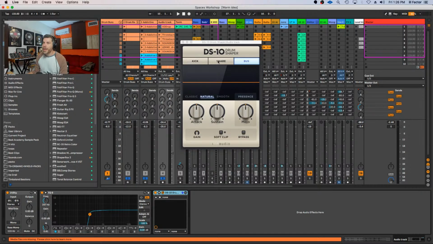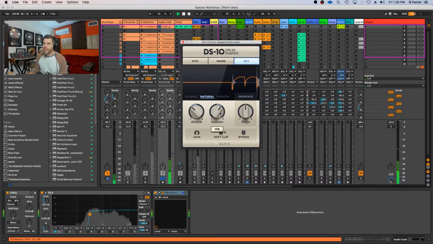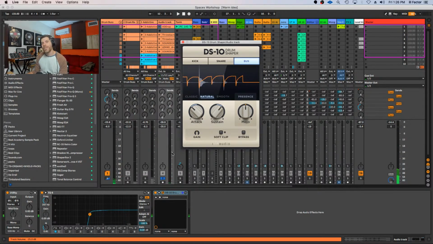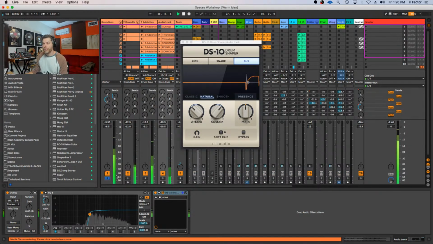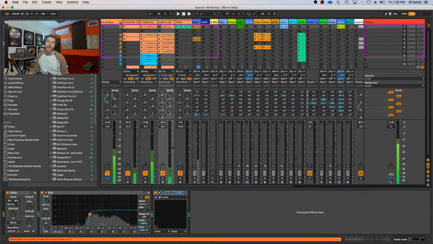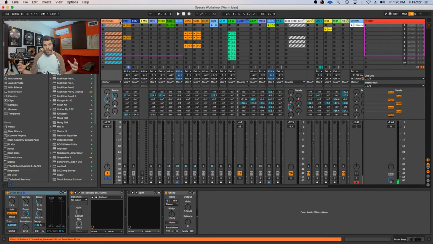What I would do is just remove some of the attack right off of this one, and increase some of the sustain, so that I'm capturing more of the vibe that I want from that drum sound rather than the actual hit. And there you go. And that's how you get them sitting well together.